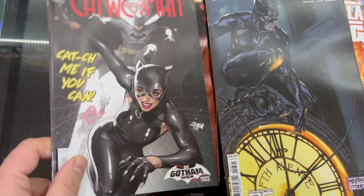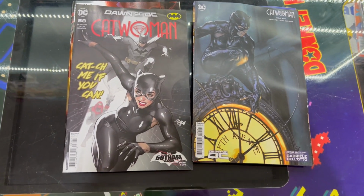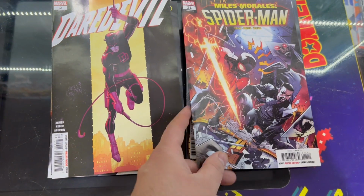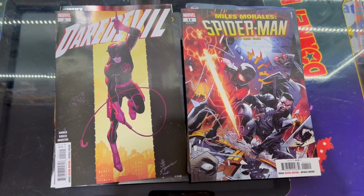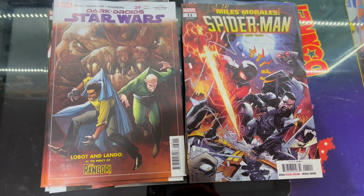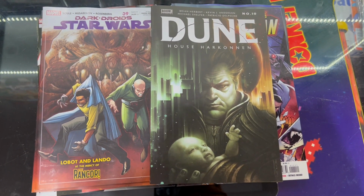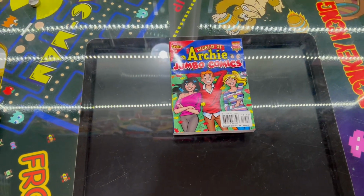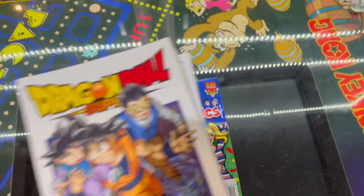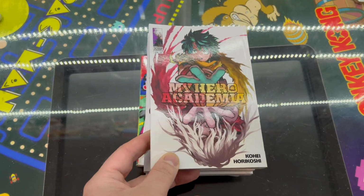We've got Catwoman, both the normal and the variants. We've got Daredevil from Marvel, and also Miles Morales Spider-Man. Star Wars, the Dark Droids crossover, and Dune, House Harkonnen. We got a World of Archie Jumbo comics, and from manga we've got Dragon Ball Super Volume 19, My Hero Academia,